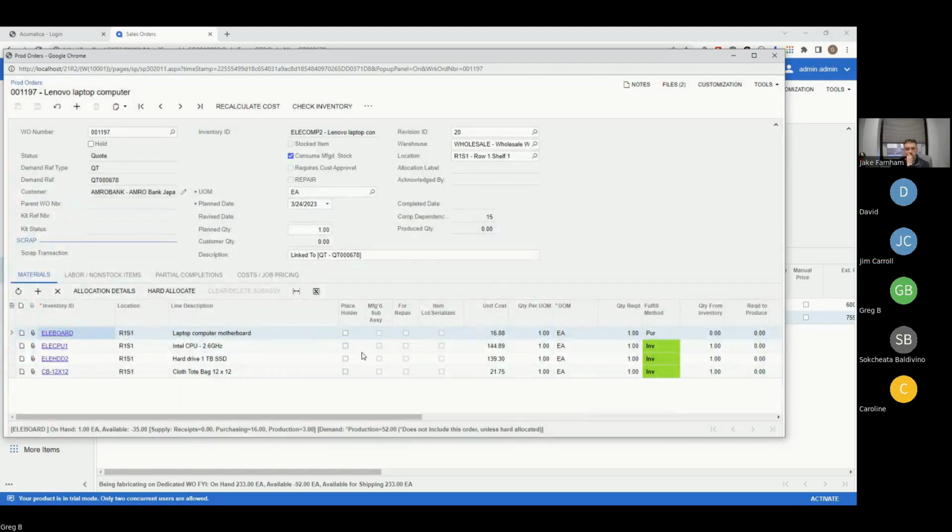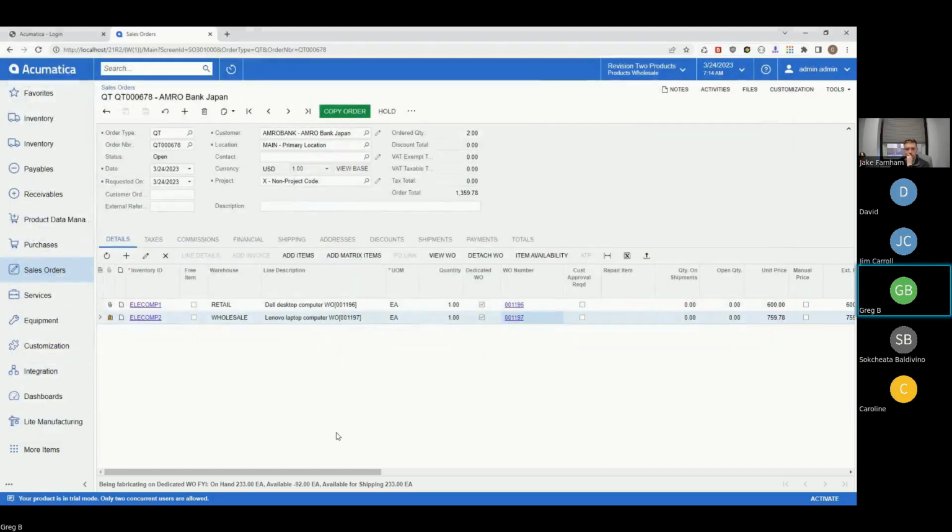So in this case, if you're happy with the quote and everything is good on the quote, what you can do is, not to confuse the issue, I'm just going to delete this line. And just a word about this, when you have a work order generated and you delete a line and the work order is not released, I think even if it is released, you will actually delete the work order. As long as the work order is not completed, you will delete the work order. So you're basically saying, I want to quit that. So if I do this and I save it,